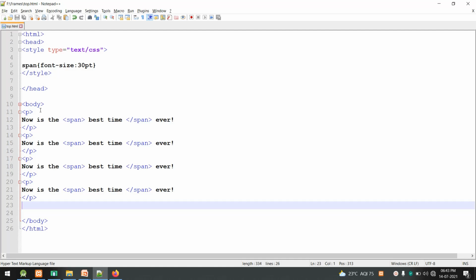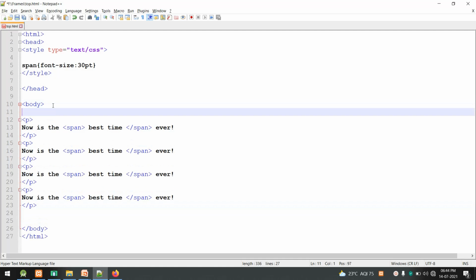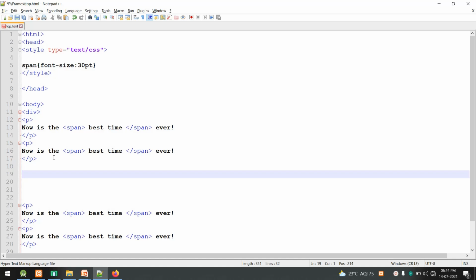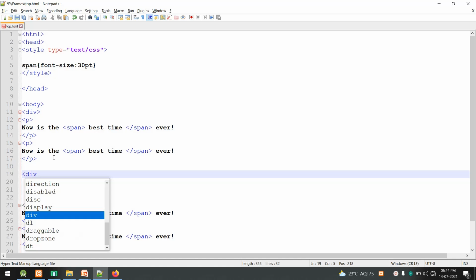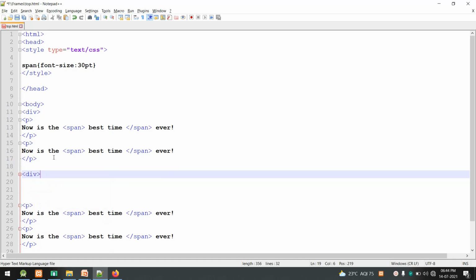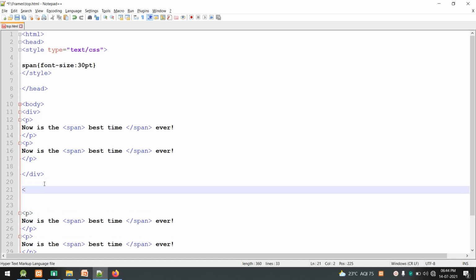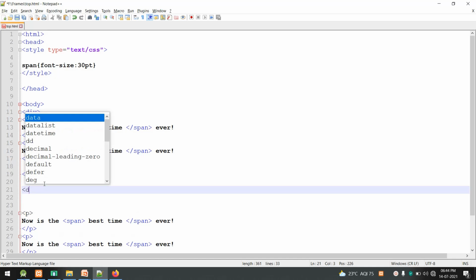So what I can do is include a division tag here. I can create sections with it. So a division tag, and the first 2 paragraphs have been included in the first division tag. Okay, so this is the closing of the first division. In the same way I can open any number of divisions, any number of sections can be created.